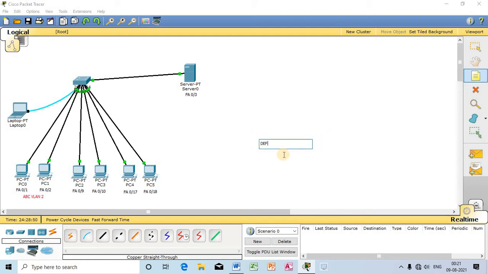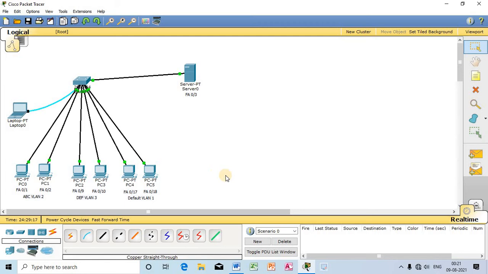DEF VLAN, VLAN 3, this is VLAN 3. And last but not the least, default, this is the default VLAN.